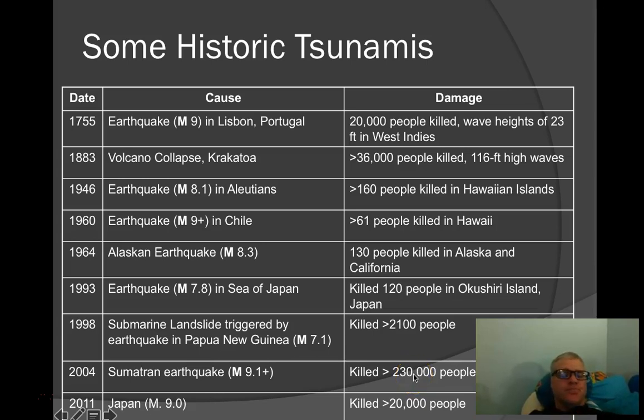And one of the things I should mention here in terms of earthquake hazard, and this is in the readings, is that when we talk about magnitude, the scale of magnitude is not a linear scale. It's what's called a logarithmic scale. What it means is that for every number you go up, you're talking about an increase in energy of 10 times. So if you have a 6.0 earthquake and then a 7.0 earthquake, a 7.0 is actually 10 times the size of a 6.0. An 8.0 earthquake is 10 times the size of a 7. So an 8.0 is 100 times bigger than a 6.0.